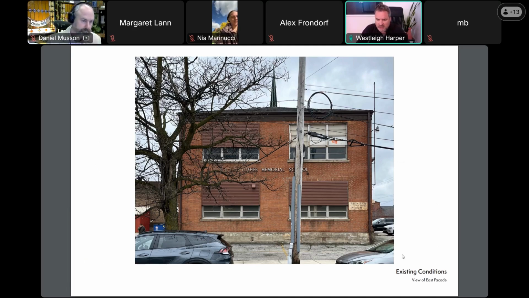So, you know, this building probably hasn't seen a lot of attention in decades. In some of the historical photos, you'll see that there was at one point a somewhat ornate cornice at the upper heights of the building. That has previously rotted off and been removed, leaving us with a more rectilinear cap.